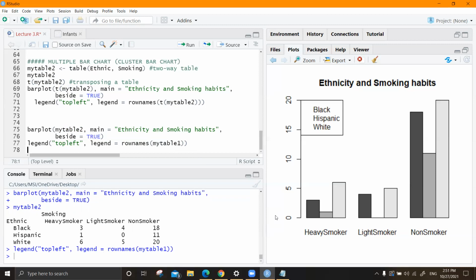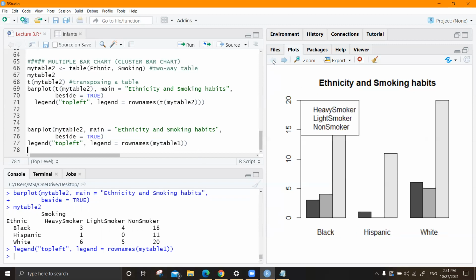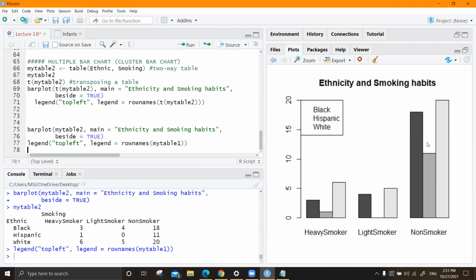So you can have either of the graphs, even in this way or this way, however you are interested. And depending on the way you give out the chart, you have to interpret. So that is about the multiple or the cluster bar chart.